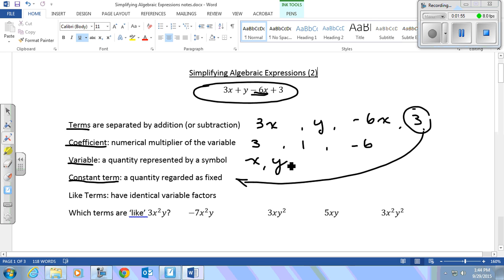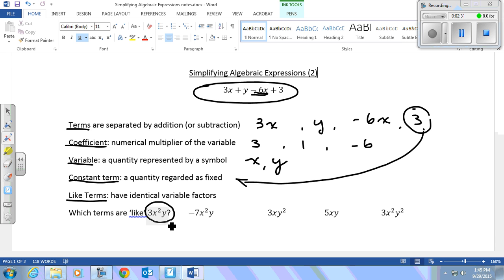When we see the term like terms, we're talking about terms that have identical variable factors. So it's really important to understand what a like term is, because you can only add and subtract terms if they are actually like each other. So the variables, all the variables have to be exactly the same, and they have to have exactly the same exponent on the variable. So if we have as our term 3x squared y,